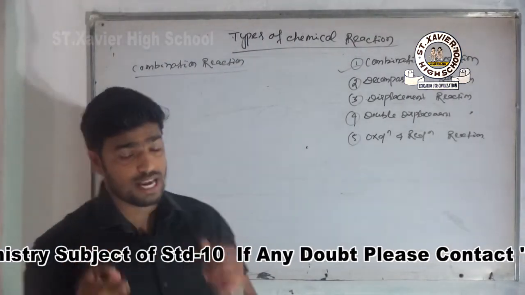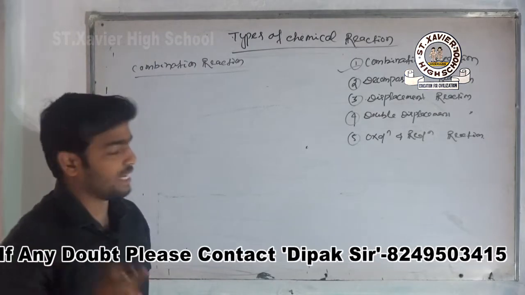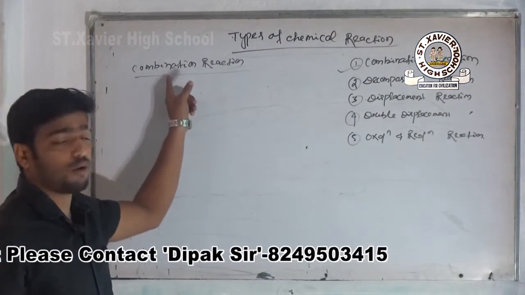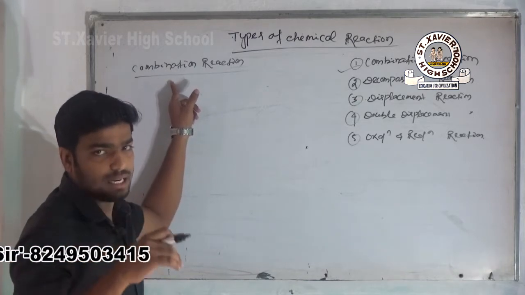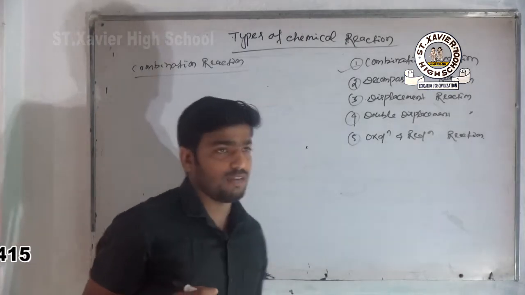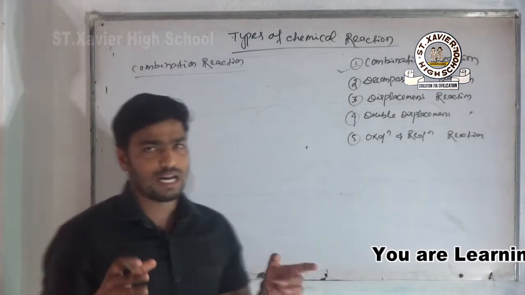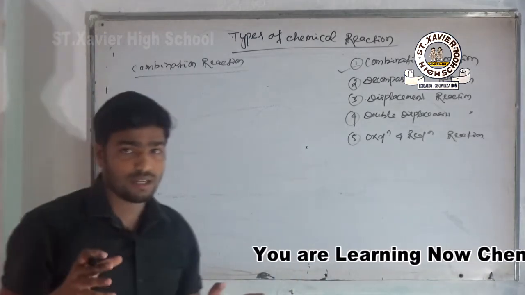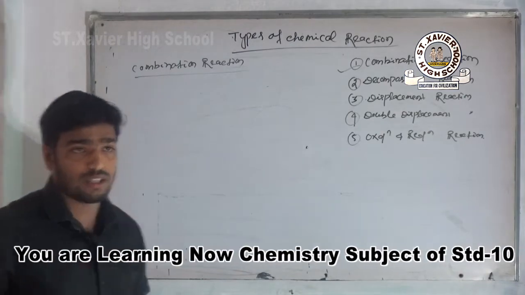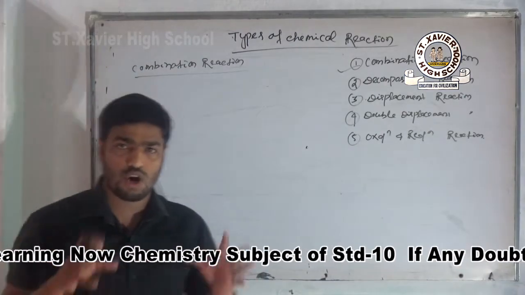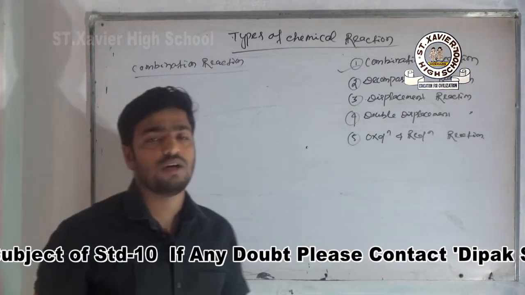So what is combination reaction? Before we start, we have to keep one thing in mind: what do you mean by the word combine? Combination is a word from combine. Mathematically, if we add 2 or 3 numbers, or more than 2 substances are added, that comes from the word combine. So combination is from the word combine. So what is combination reaction? The reaction in which 2 elements or substances combine to form a new substance is a combination reaction.